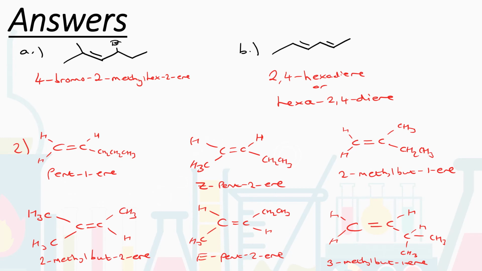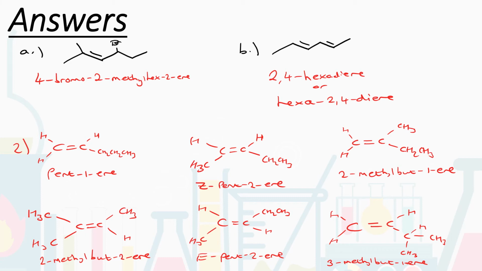So the first question was to name the following alkenes. Now I've drawn these out as skeletal formulae. You could have drawn them out as displayed formulae, however works for you. It's good to always have the ability to interconvert between the two. So the first example, the first thing to always do is to find our longest carbon chain. Our longest carbon chain here is 6 carbons long, so it's based off a